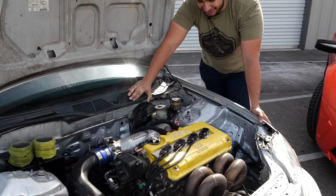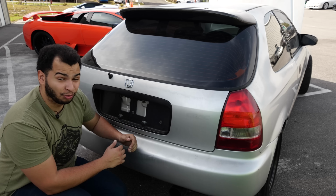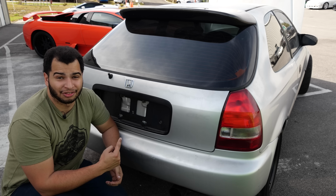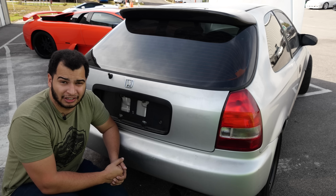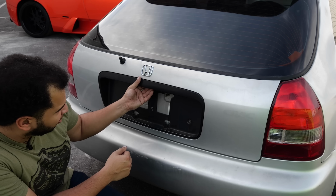And having said that, it does have some issues. So this car was made to race. And not race on the racetrack. This car was made to race on the street, which is very, very different because let's just say that safety was not a concern for the previous owner of this car. This was completely